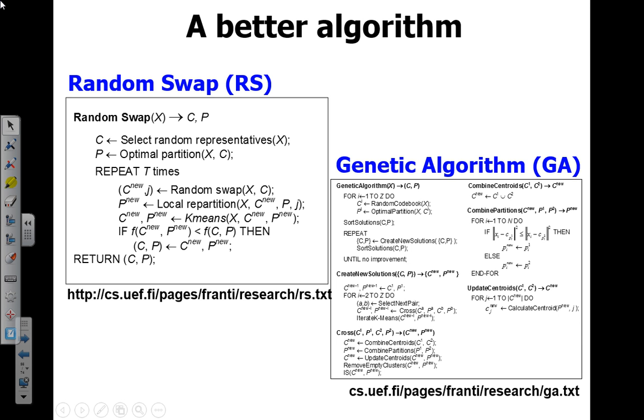Now, you don't want to get rid of k-means because it's so simple and easy to implement. It's nice to have, so you should have something as simple as possible. The first one here, random swap, is almost as simple, a little bit more complex because a random swap step is added. The repeat until loop is here, and after the random swap there's a local repartition, which is not really needed. It could even be taken away, but for efficiency, it's included.